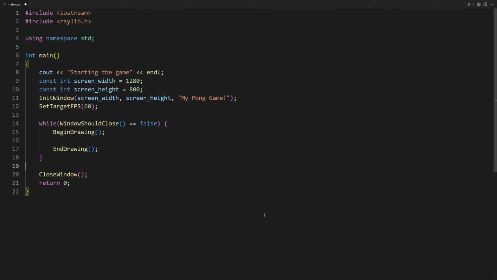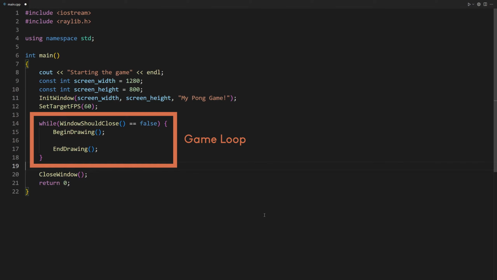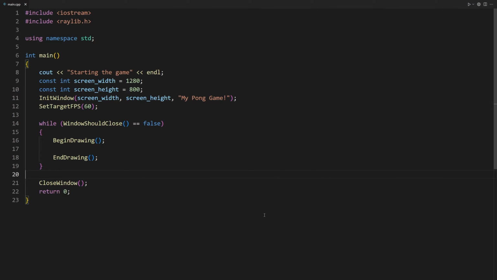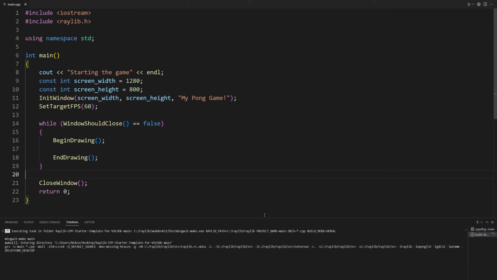So the game speed will depend on the speed of the computer. By defining a frame rate, we make sure that the game runs at the same speed on every computer. For this game, we define that we want to run this while loop and update the display 60 times per second.